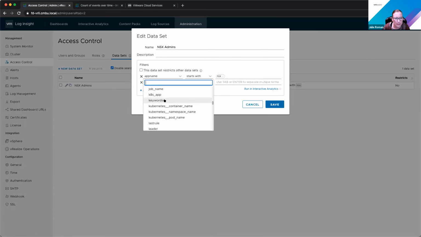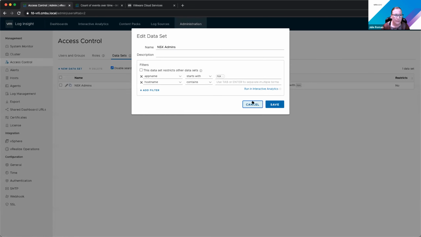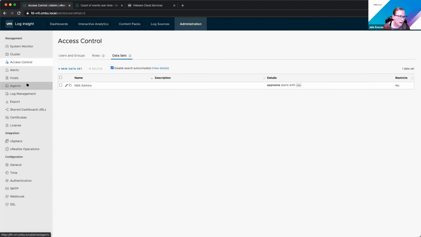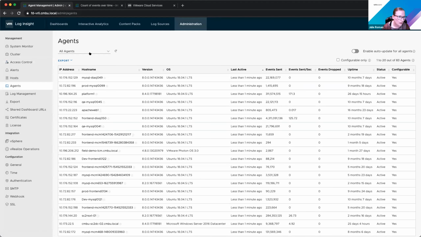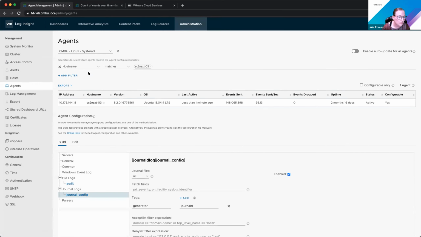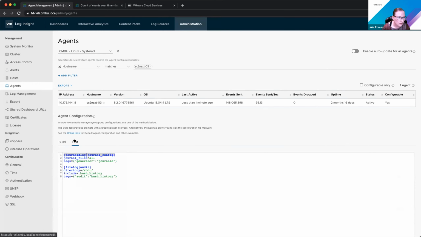Like here we've got Kubernetes. Yeah, so you would actually have to, if we go back over to agents, tag a log.